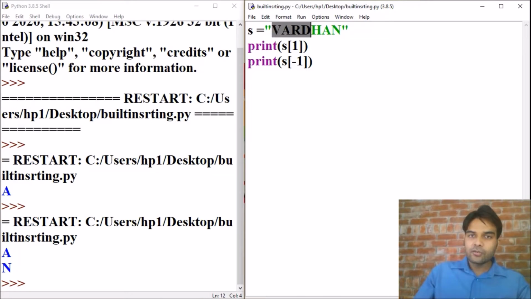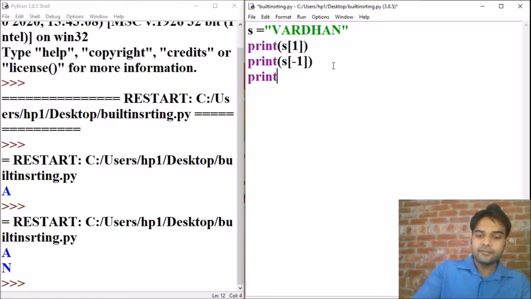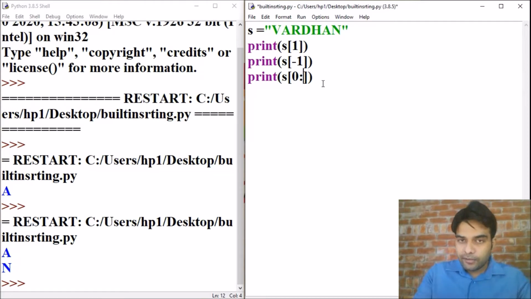Now if we want to slice, if we want to take VARD, we will start from 0, 1, 2, 3 and we will move to 3. So we will write print s. We have to start from 0 and move till index number 3. For moving to index 3 and counting it, we have to write 4 here.